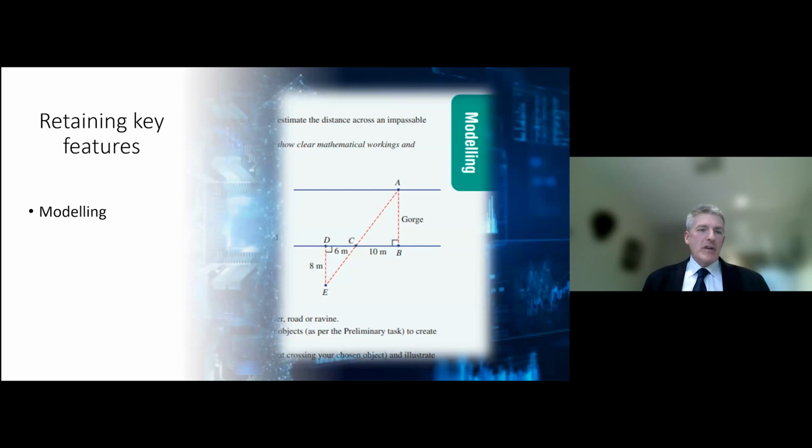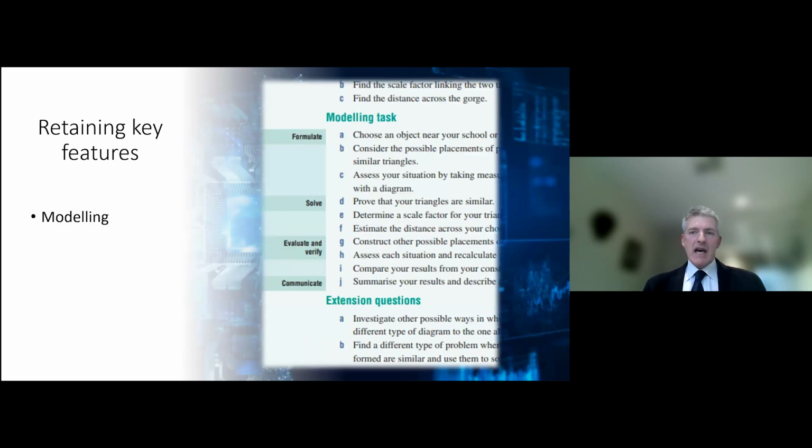Now, with the word modelling being referenced 70 or 80 times in the new Australian curriculum, we felt it was important to refine and enhance our modelling activities on top of the applications and problem-solving sections that I mentioned earlier. These modelling activities were, in fact, new to the last editions of the Australian curriculum Cambridge text, where we have one activity per chapter, and it's scaffolded in such a way that students and staff are not thrown in the deep end, if you like, where there are preliminary tasks to warm students up to an activity and provide some kind of background, and then a modelling task working through the different sections of the task